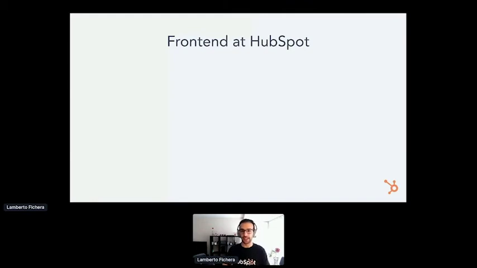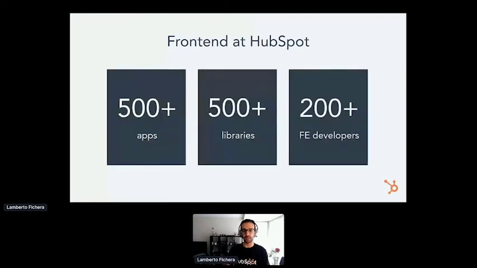Right, so all of these are some of the main reasons why you might want to address testing on an infrastructure level. Speaking of front end at HubSpot, just to give context, we have around 500 different micro apps and 500 different libraries, and about 200 developers working on those apps. All of them work and look and feel the same, because we have a common infrastructure at the bottom of it. But they are all different apps, so all the teams have their own tests, and they take care of testing their own apps from a unit testing perspective and from an end-to-end testing perspective.